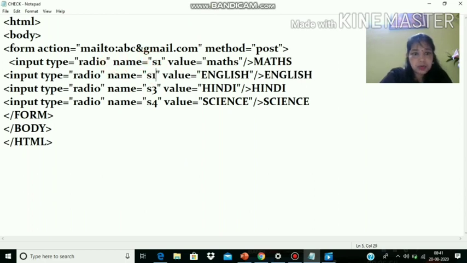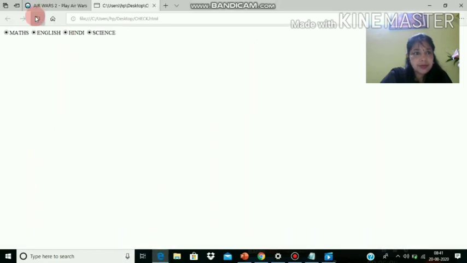I'm taking here S1, and here also S1. Okay, all names will be the same, because we want only one of the options to be selected. So this is the way how you can create your radio buttons.